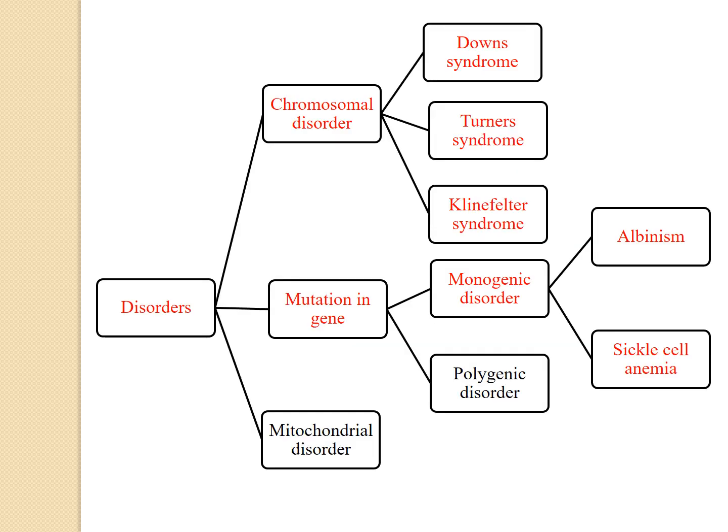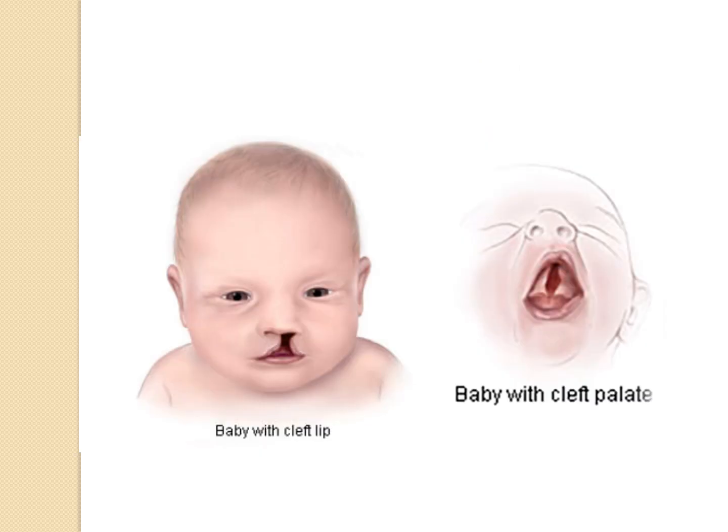Now coming to the next one, that is polygenic disorder. Now here you must have understood what I mean by polygenic. Poly stands for many. Whenever in any person many genes are getting affected, a joint or combined effect will be the disorders which you see. Okay. Now in this, the examples are cleft lip. When you say cleft lip, it means that there's a split in the lip of that child.